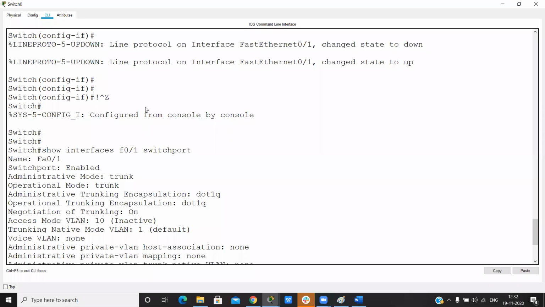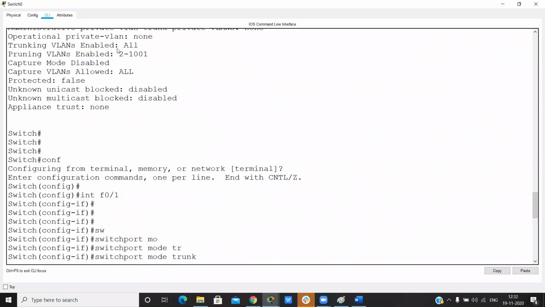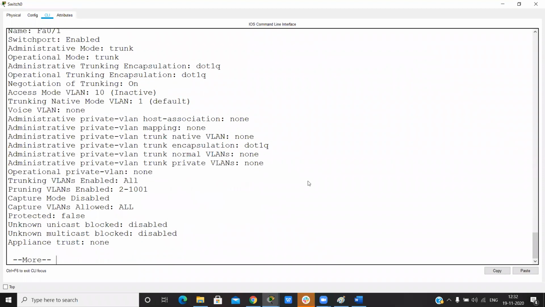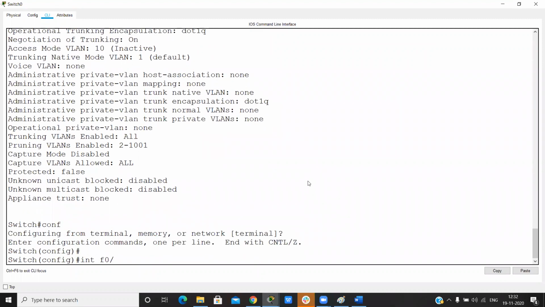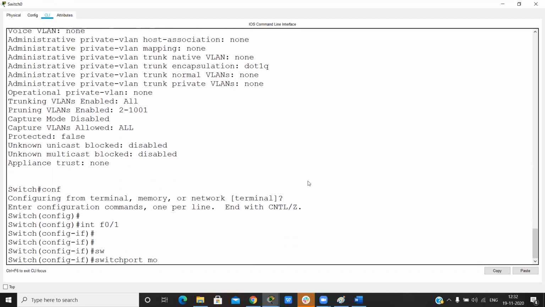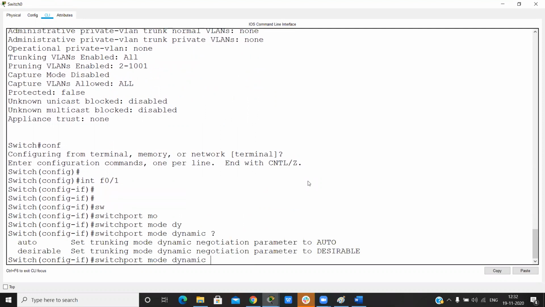So how do we configure the DTP auto and desirable mode? By default, auto mode is running, dynamic auto. But when we configure the trunk manually, then it shows a trunk. To change it, go into global configuration mode, then interface F0/1, and run the command switchport mode dynamic auto or desirable.